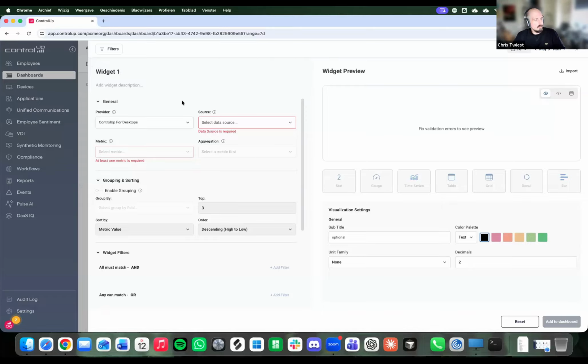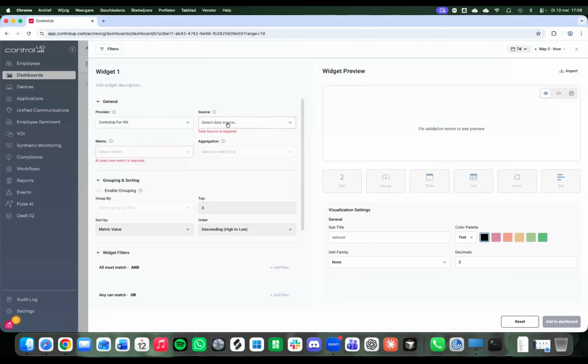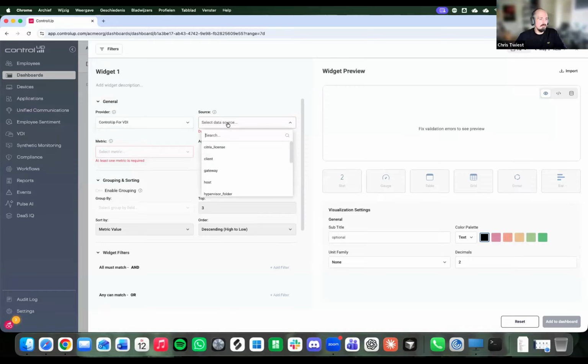So one of the big ones that we've done is we now have data from VDI in dashboards. So this means you can build widgets in the same dashboard with desktop data and VDI data. Oh, that's a huge one. That is absolutely huge. I think that was probably the number one request, right? Correct. And the guys from the VDI team are adding more and more tables to this list almost every week. I think I might see more tables already now than the last time that I opened this.